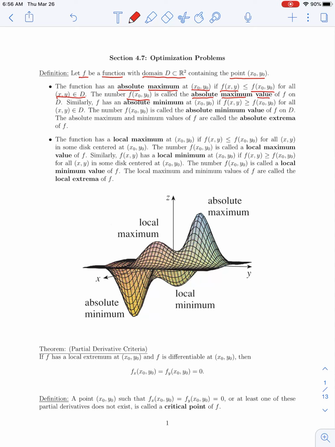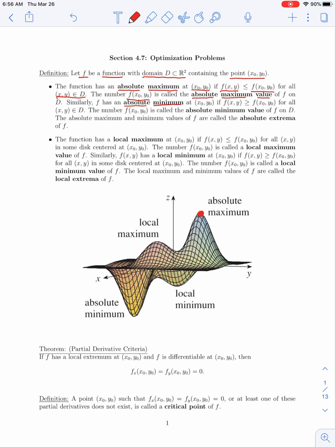And the value of the function f at that point (x0, y0) is called the absolute maximum value of our function on its domain. So if we look below at this figure we've got a surface, which is the graph of a function of two variables, and the absolute maximum value would be the largest value that the function takes